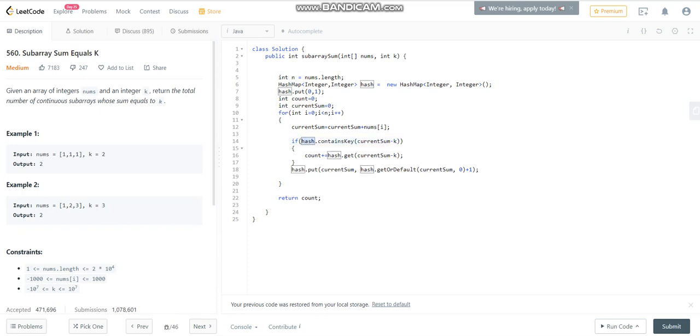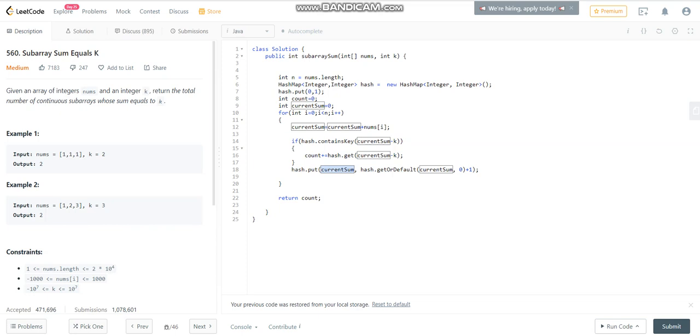If it is present, I am incrementing my count, that is the final result variable, and every time I am also updating the hash map with the current sum. I think this is the code for it. It is very self-explanatory. Once you understand the algorithm, this would be very easy to digest.